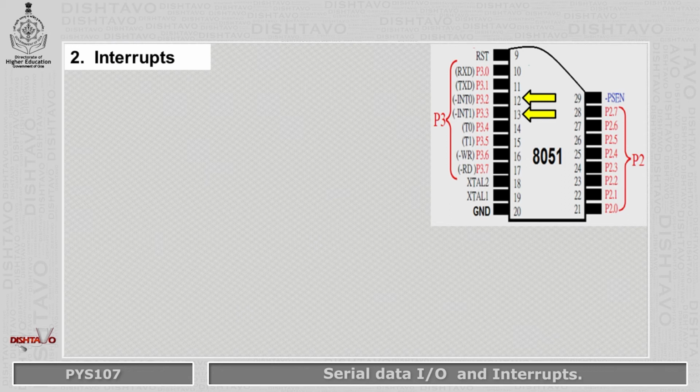As most of the applications of microcontroller involve responding to the events or situations quickly enough to control the environment that generates the events, generally this technique is termed as real-time programming. To give an example, if there is a fire in the surrounding, then the fire sensor will have to activate the microcontroller, and this then does the necessary action like putting on the fire alarm, sending the SMS to the owner, to the fire services, etc. The interrupts are often the only way in which real-time programming can be done successfully.